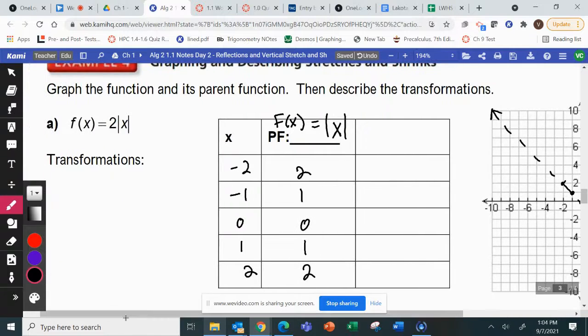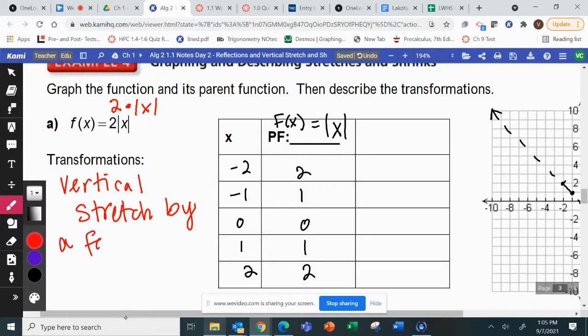So the next column, we have to apply our transformations. So we look here and we say 2 absolute value of x. Sila, if there is a 2 multiplied by the absolute value of x, is that going to stretch it or shrink it? Common sense, Sila. 2 times something bigger, it makes it bigger, right? Yeah, so we're going to write vertical stretch